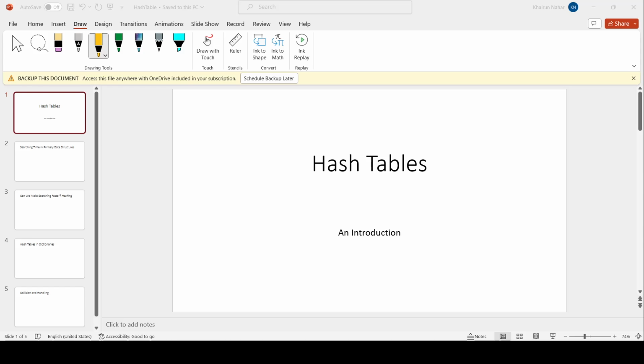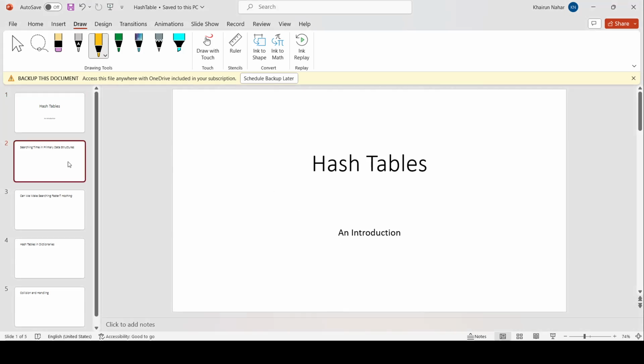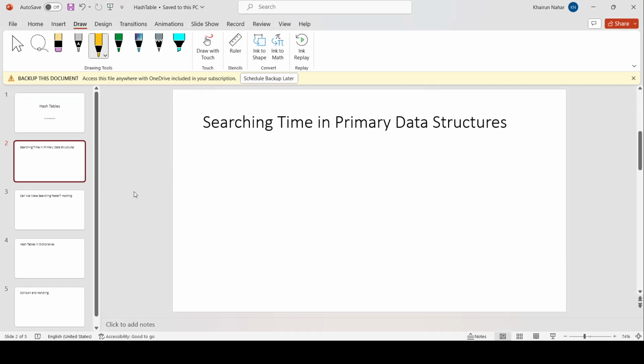হ্যালো, আজকের লেকচার হচ্ছে হ্যাশ টেবলস এবং এই লেকচারে আমরা হ্যাশ টেবলের প্রাথমিক বিষয়গুলো জানার চেষ্টা করব যে হ্যাশ টেবল কি জিনিস, হ্যাশ টেবল কিভাবে তৈরি হয়, কেন ব্যবহার হয় ইত্যাদি। সো লেটস গেট স্টার্টেড।